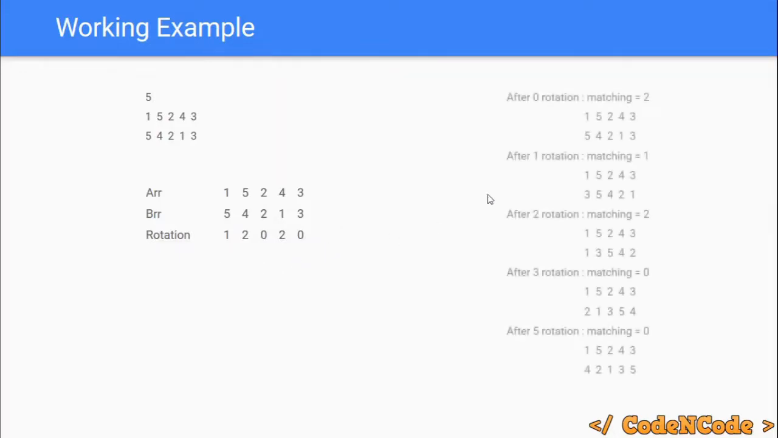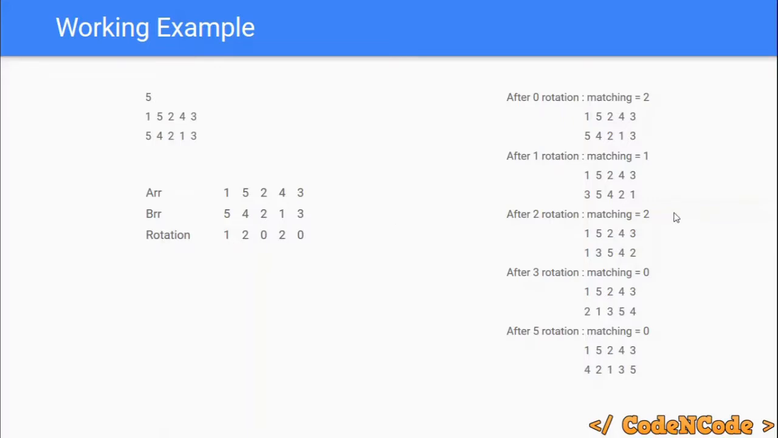So if I show you the relation between this and this, you see after 0 rotation we had 2 matchings, and as you can see the frequency of 0 is 2, which shows that after 0 rotation 2 elements will be on their correct position. Basically after 2 rotations the matching would be 2. Similarly after 1 rotation matching is 1. As you can see frequency of 1 is 1, which means after 1 rotation only 1 element will be on